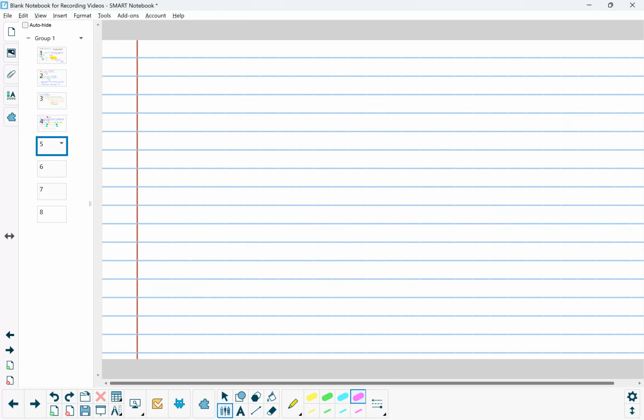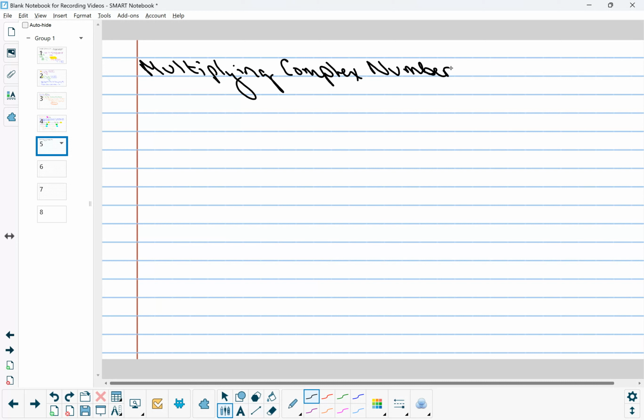So, let's go take a look at multiplying complex numbers. So we have to do multiplying and then dividing. And if you remember those little rules in there, you'll be just fine. So this is like foiling, right? If we have something like 4 minus 2i, and then 4 plus 3i,